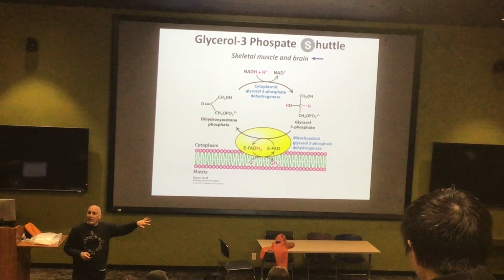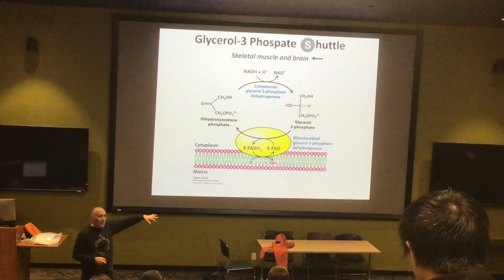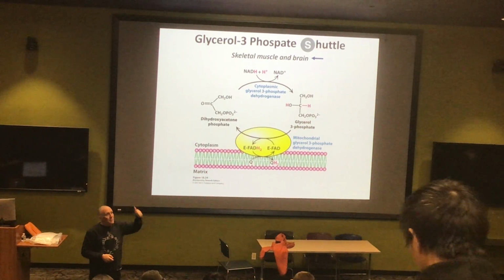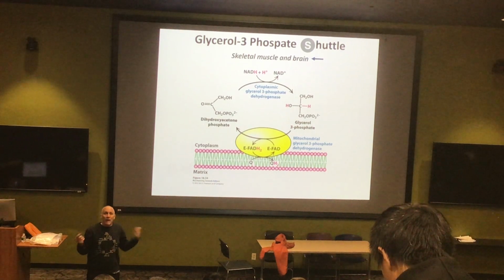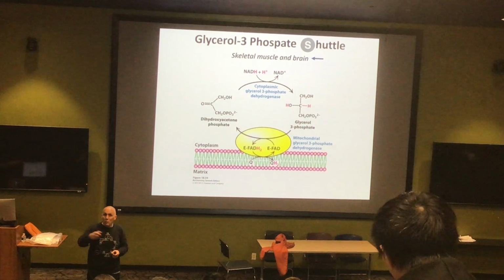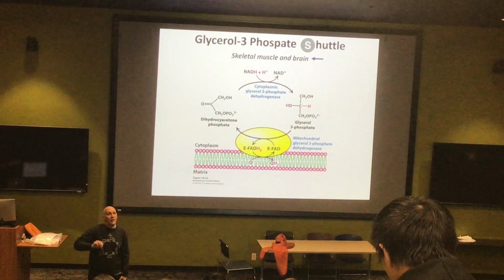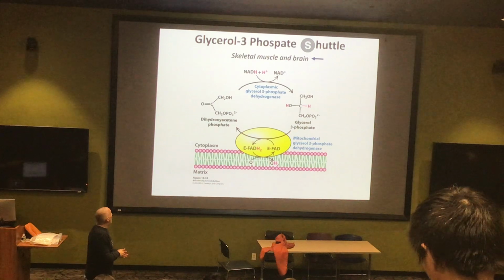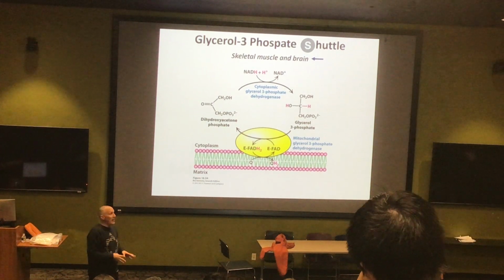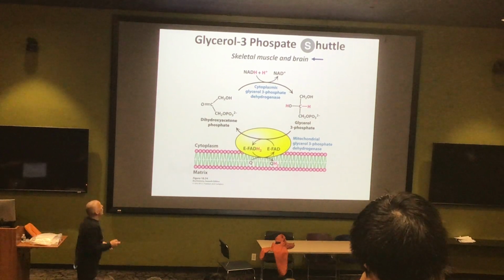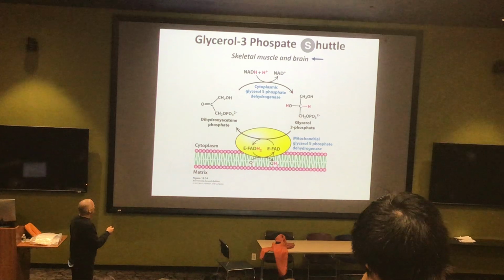Not a problem for the NADHs, by the way, that were there in the citric acid cycle, because those were actually made in the matrix, but they're just hanging out in the cytosol, and we'd like to use them. It turns out that we have two ways to move those across, and this is another piece of evidence that nobody thought about this, because we'll see that one of those ways preserves the energy, the other way dissipates the energy. The energy wasteful form is in the two most metabolically active tissues in your body, the skeletal muscle and